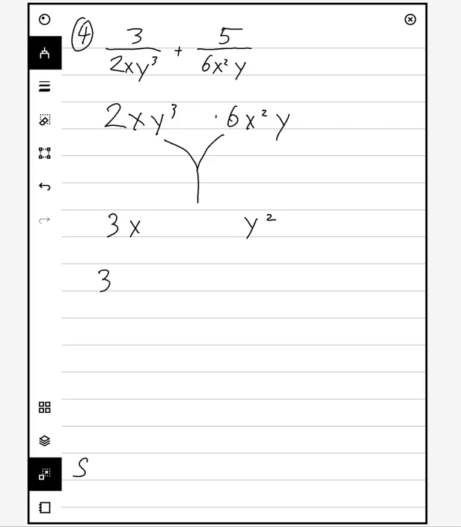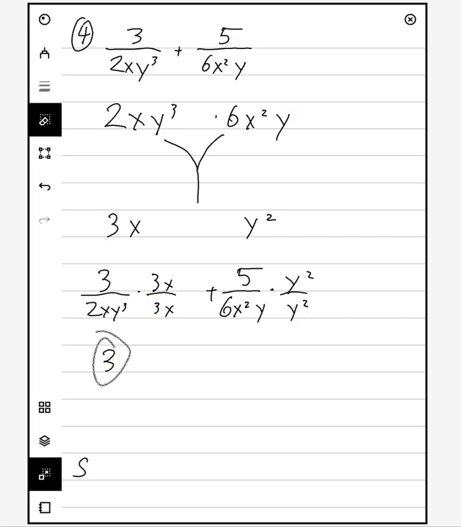So let's rewrite it. 3 over 2xy cubed times 3x over 3x plus 5 over 6x squared y times y squared over y squared. Okay, and then let's rewrite this. 3 times 3, that's going to give us 9x over